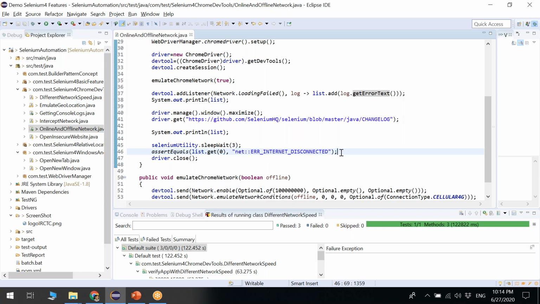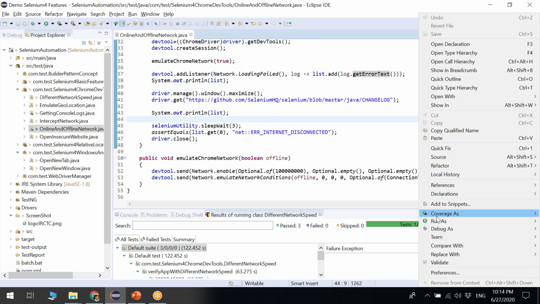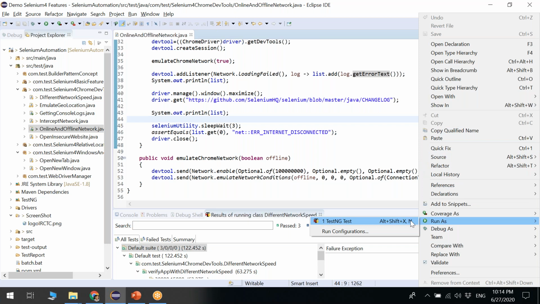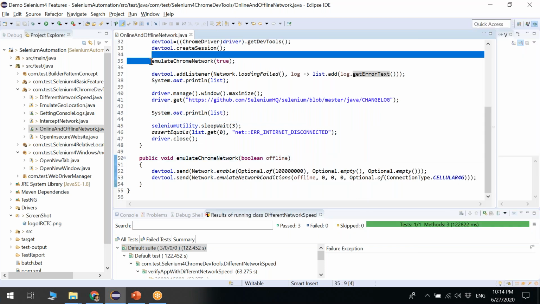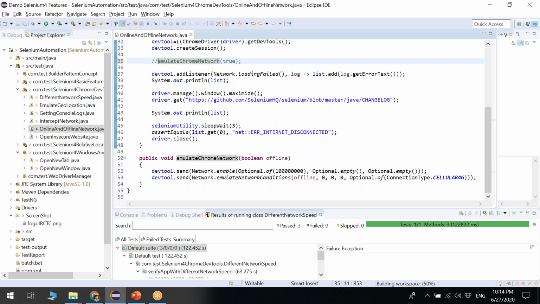If this is coming, then the test case will pass. And I'm printing this error as well. So let me execute, then we will see. Okay, so first I will show you without disabling the network.